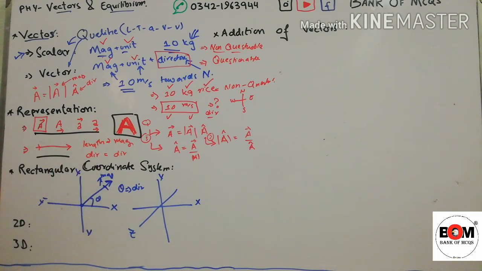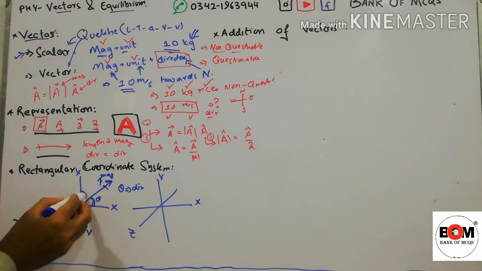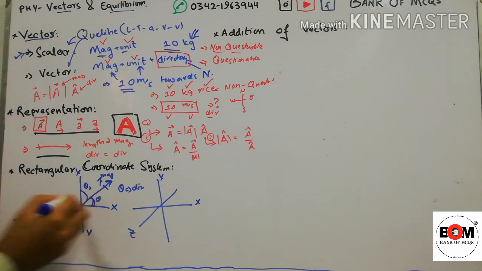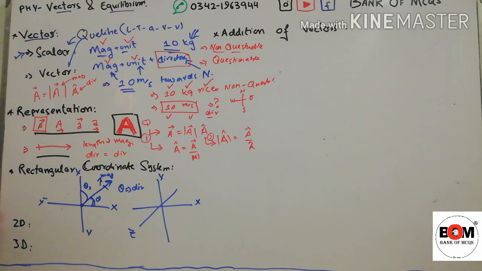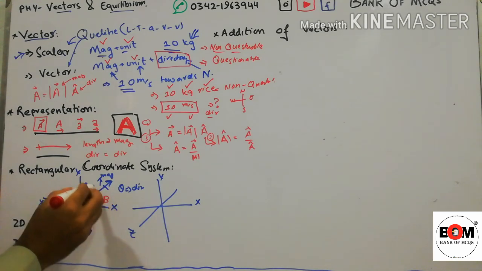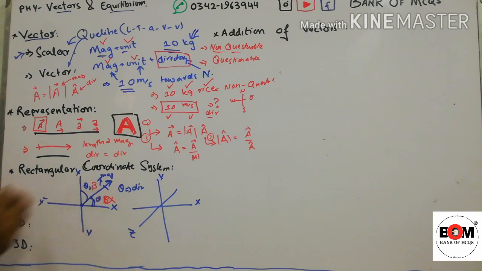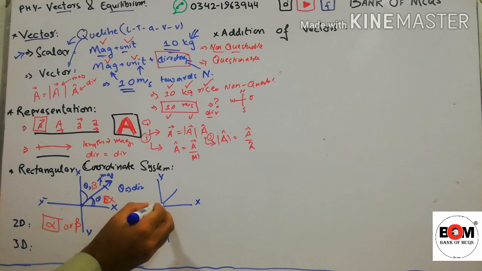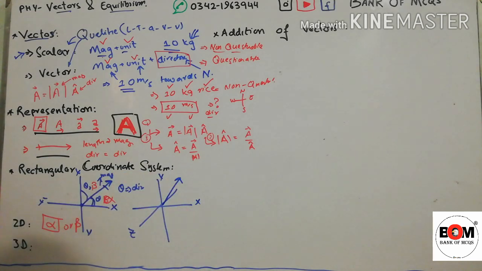Next, if an arrow is in 2D, there is one angle theta1 with the x axis and theta2 with the y axis, or we can call this angle alpha and the second angle beta. To know the vector's direction, we only need one angle, alpha or beta, but only one is enough. But for vectors in 3D, there are three angles.